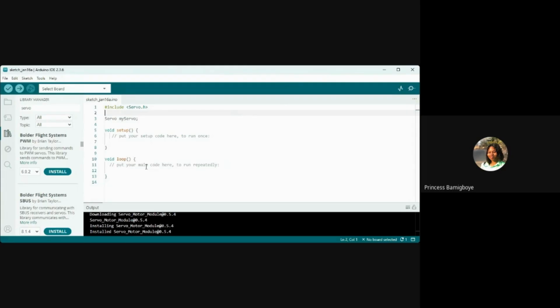Void loop now is, as the word implies, a loop. It keeps going again and again, over and over. What void loop does is keep repeating the main code. It runs the main code repeatedly, based on whatever function you want the project to do. Say I want the LED to blink every 1 second, or every 5 seconds the servo to change position from 0 to 90 degrees, and from 90 to 0. It will keep going until you remove the power source.